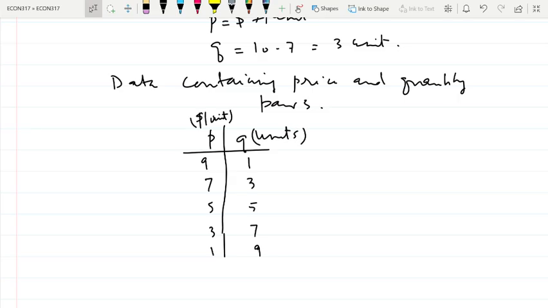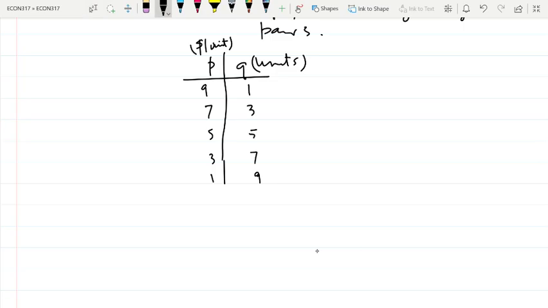This is a perfectly fine description of the demand function. We know if we are given the price, we can find out what is the quantity which all the buyers in the market are willing and able to purchase. Obviously, you could see we can have only finitely many data points. These are actual observations which have been noted from any given particular market. So the number of data points would be finite, would be limited, and then we will make some assumptions about how